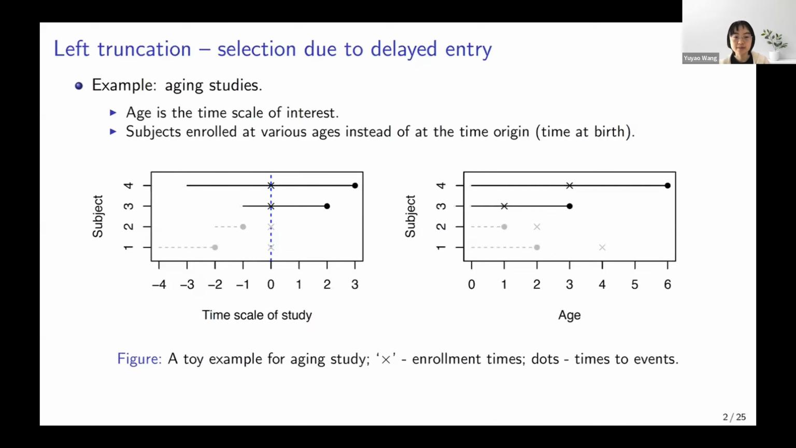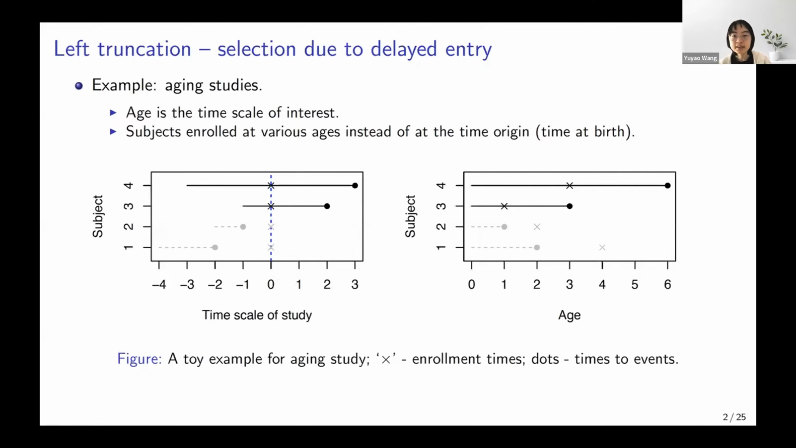So for example, in this toy example, the plot on the left shows the lifespan of the 4 subjects on the timescale of the study. So basically each line segment denotes their time at birth to time to death. And suppose that study starts to recruit participants at time 0, denoted by the crosses here. And we see that subjects 1 and 2, who already died before the study enrollment time, are not included in